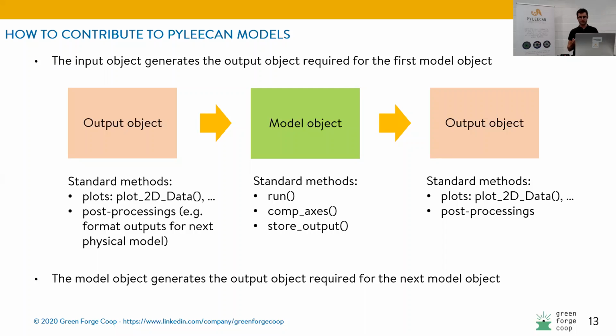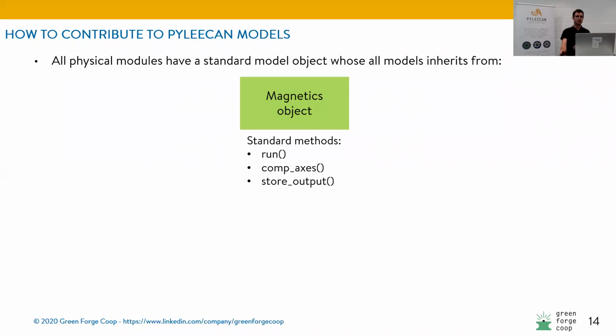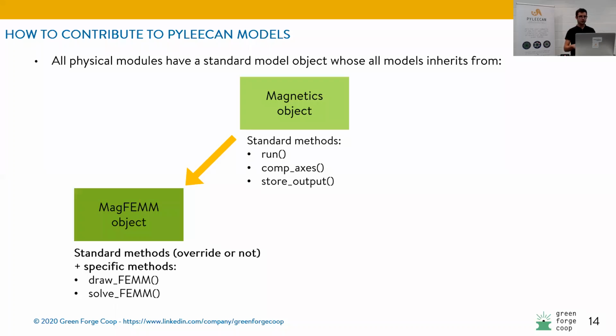And then, when we are talking about models, we are, for example, talking about the models that we use for the magnetic simulation. So here we can have, for electromagnetic simulation, several models. And the principle is to use inheritance, such as for lamination or for slots, and to start from a standard magnetic object with standard outputs. So here, for a magnetic object, we'll have the air gap flux density, we'll have the torque, we'll have the winding flux at the stator side. And then we'll create a new model